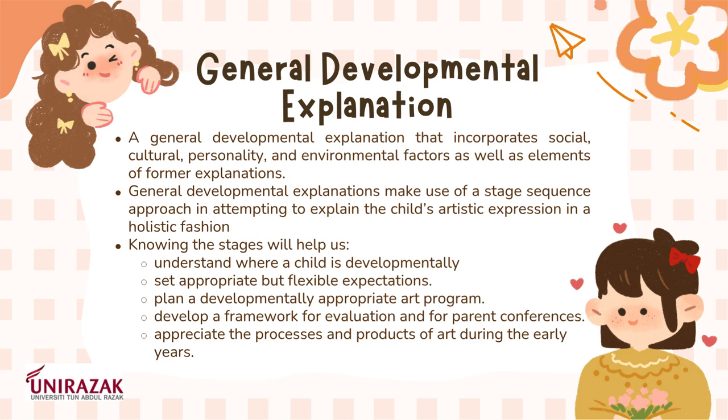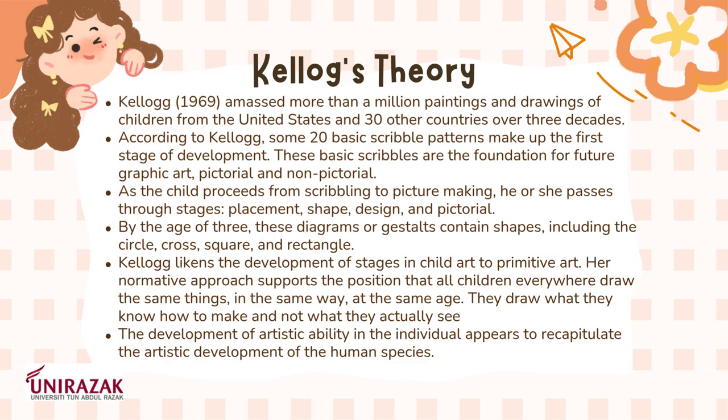limit our approach. Today, we explore Kellogg's research on children's art, analyzing over 1 million global drawings. She identified 20 basic scribble patterns as foundational for future art, detailing the progression from scribbling to pictorial drawing. By age 3, children start using basic shapes, and Kellogg found that children's drawings worldwide are similar, reflecting their knowledge rather than their observations. She compared these stages to primitive art, highlighting the universal patterns and the natural progression in